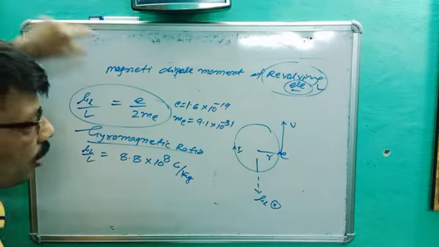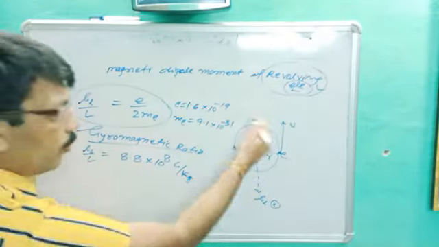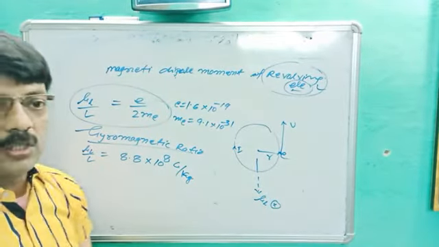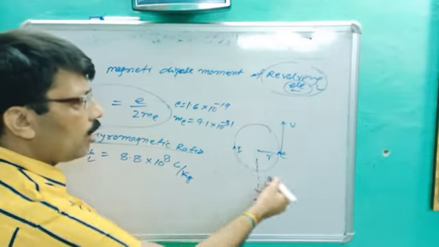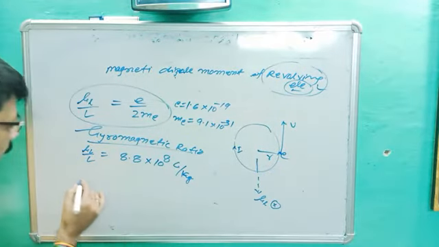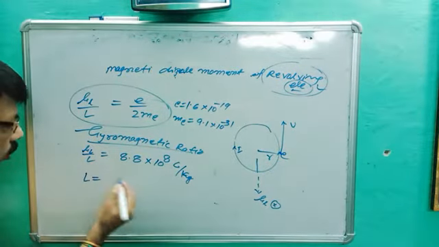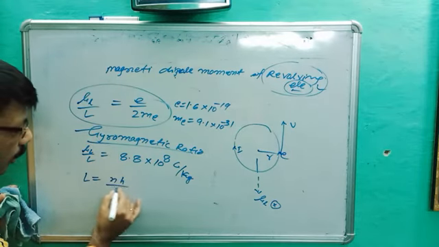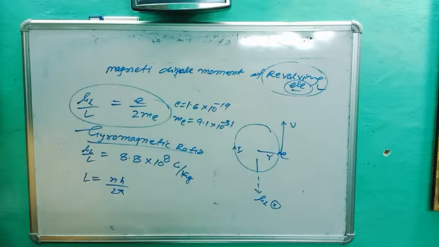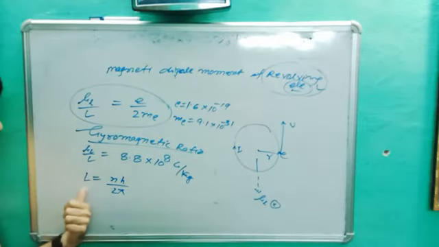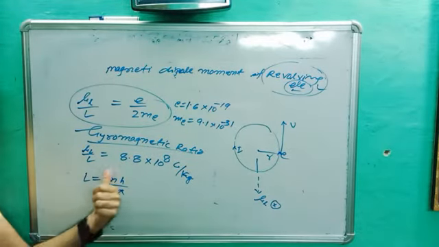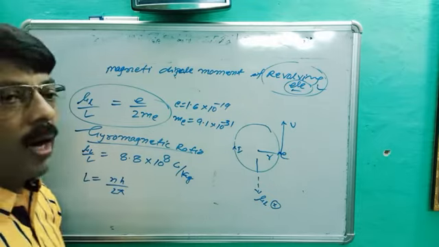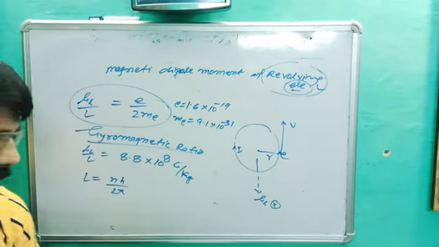Next, our point is the Bohr magneton. We can find out the Bohr magneton. So what is the second postulate of the Bohr model? When any electron revolves in a circular orbit, its angular momentum L is equal to nh upon 2 pi. This is given in chemistry. This is the Bohr second postulate, or Bohr model.